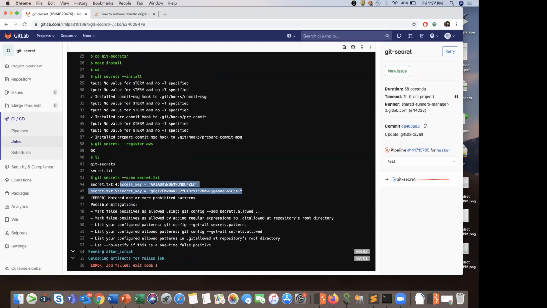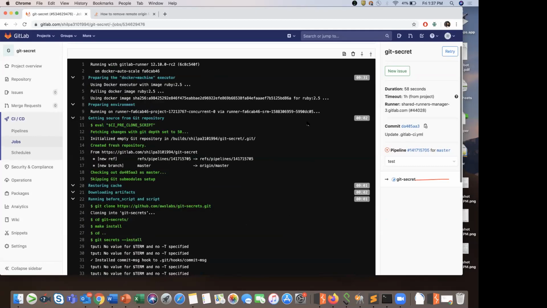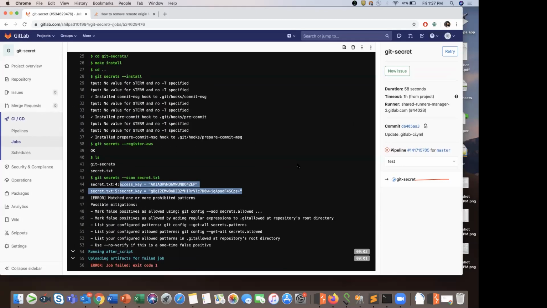That is why my job is failing. Just because it detected some sensitive information, that has made our pipeline fail. So this is a very simple pipeline, the basic one.